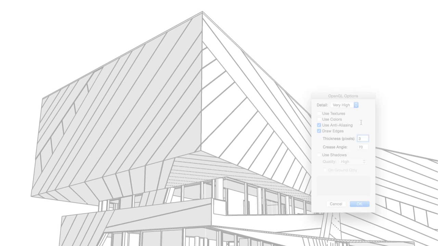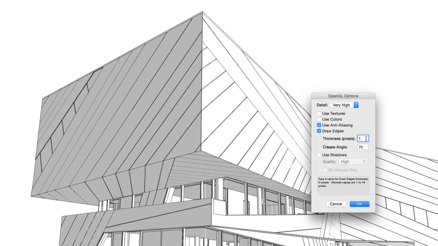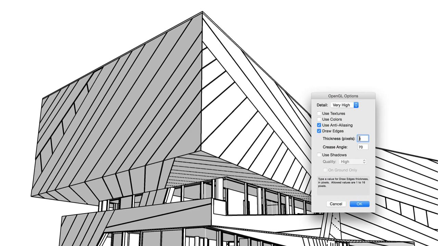Renderworks was given a number of significant upgrades this year. To start, the improvements to the most common render mode, OpenGL. Edges in OpenGL now allow user-controlled line thickness, represented in pixels. This can be changed at will and will even update live in your drawing as you modify the value in